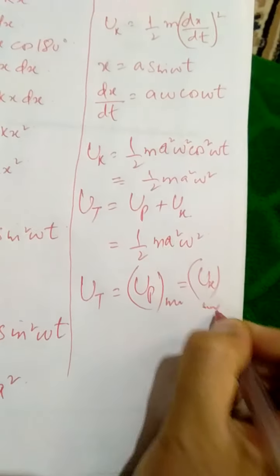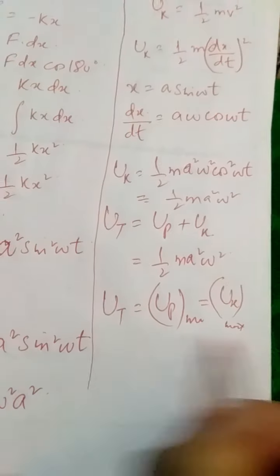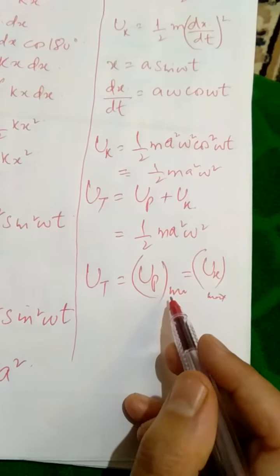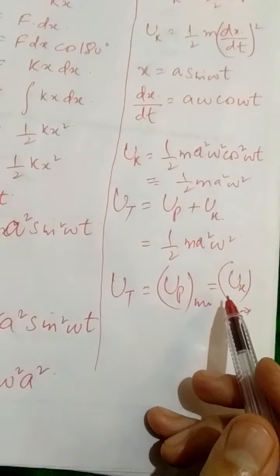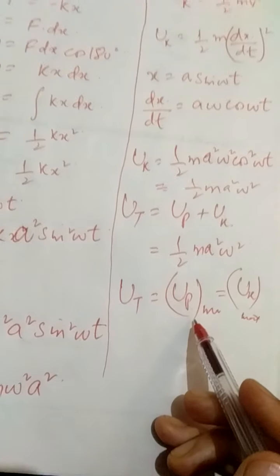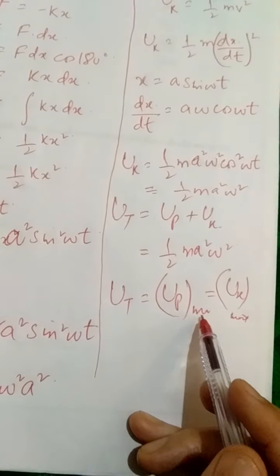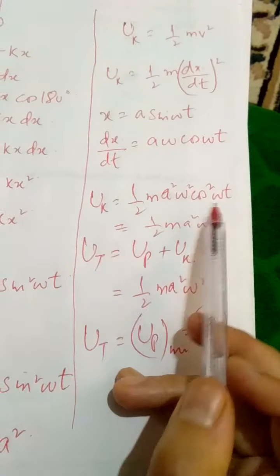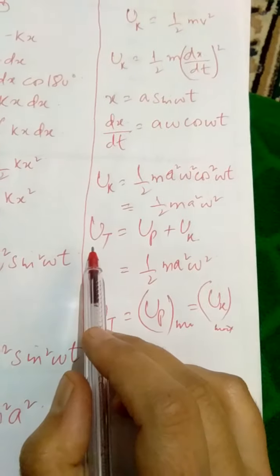The total energy is actually the maximum value of kinetic energy and the maximum value of potential energy. They are identical, they have the same value. And this is true also because conceptually you need to understand it. Whenever the potential energy acquires its maximum value, it's very logical that at that time kinetic energy will be zero. Similarly, when kinetic energy attains its maximum value, it's very logical that potential energy at that time would be zero. So we can say that the total energy is the value of maximum potential energy or maximum kinetic energy. But when their ordinary expressions are summed up, obviously they sum up to the total energy of the system, right?